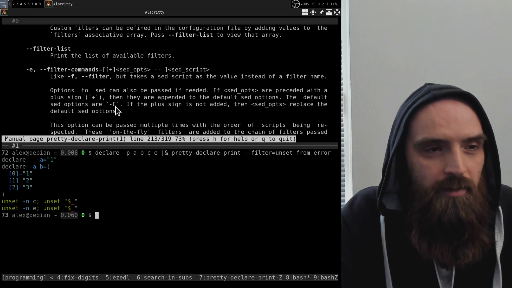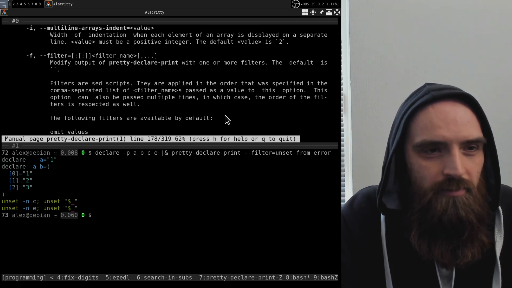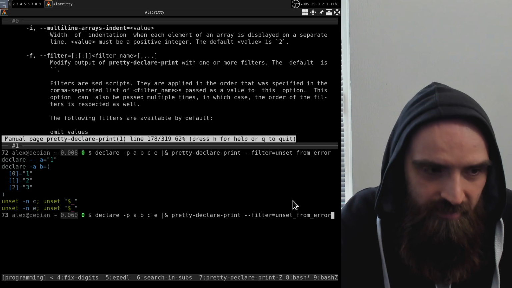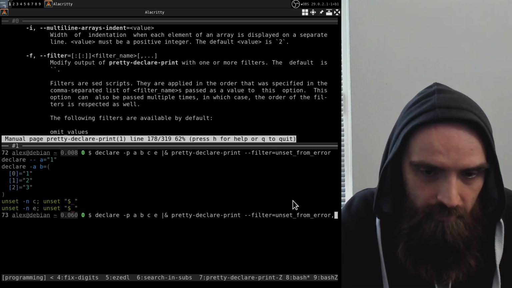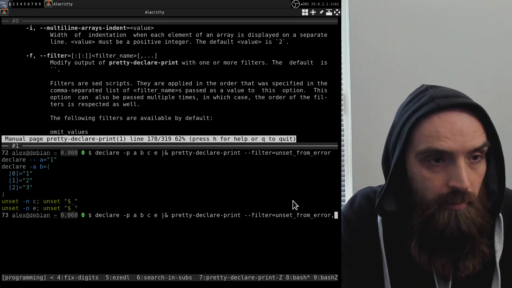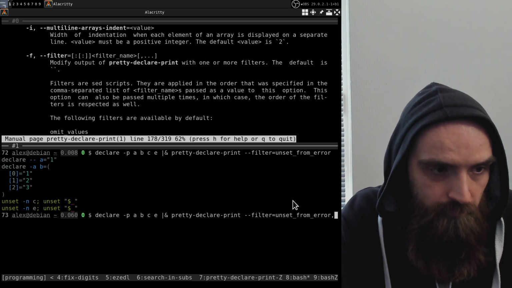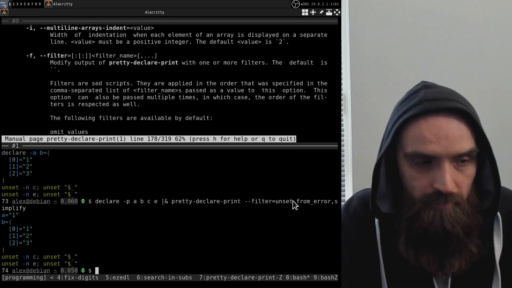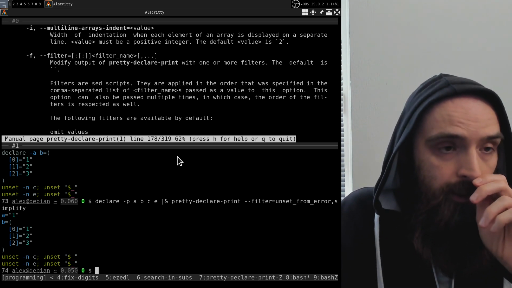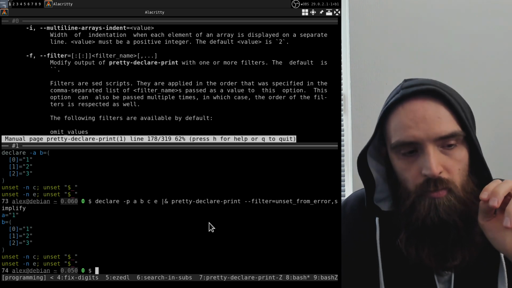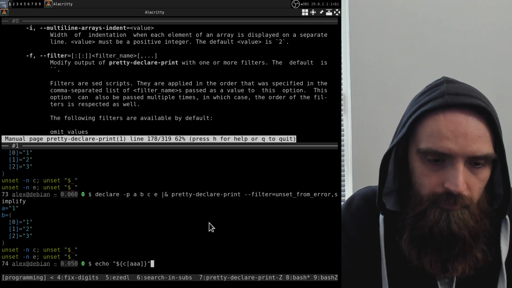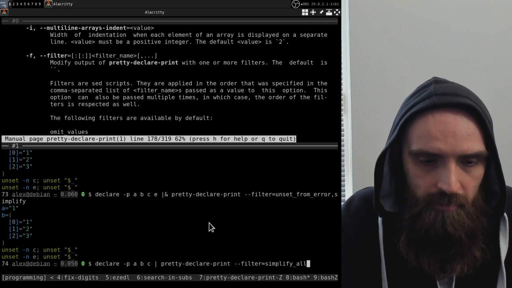Okay, and I just remembered that I also said I would show you a combination of filters, which is pretty clear, but as it is, you can just put a comma, and maybe you wanted to also simplify it, which it can do as well. So yeah, you can pass multiple filters, and by the way, since it's a sed script that gets run, I also made it so that